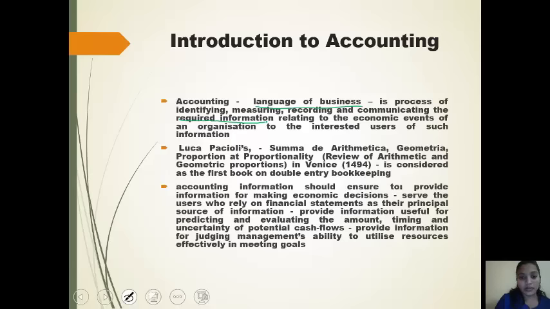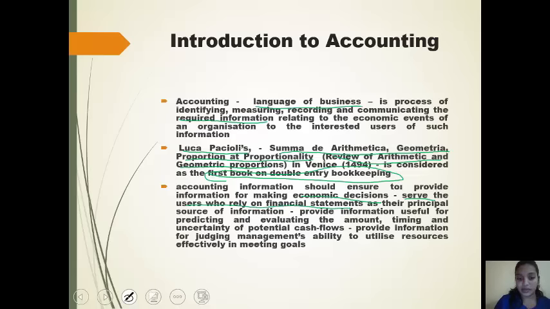Now, the first book on double entry bookkeeping was Luca Pacioli's Summa di Arithmetica, Geometria, Proportioni et Proportionalita, that is a review of arithmetic and geometric proportions, in Venice, and that is too early, that is in the year of 1494. Now, accounting information should ensure to provide information for making economic decisions, serve the users who rely on financial